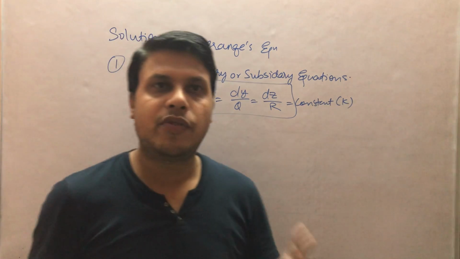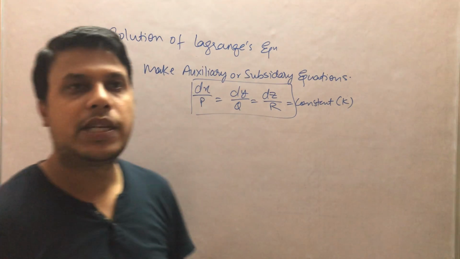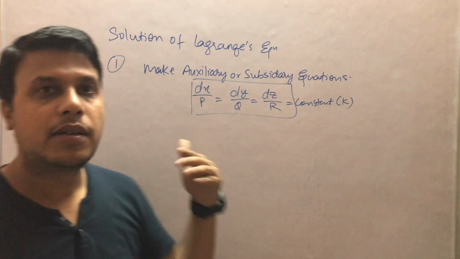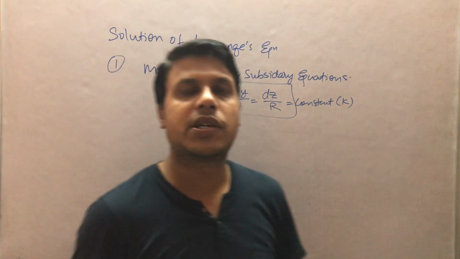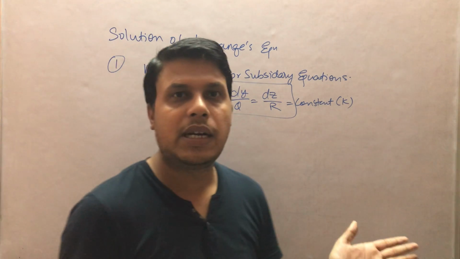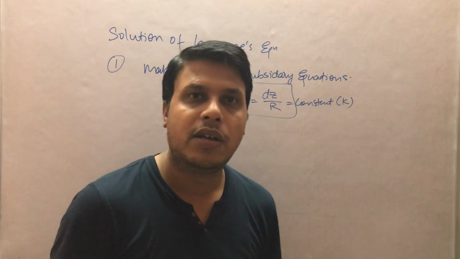So first of all, we have to form the auxiliary equation, which is in the form of dx upon P equals dy upon Q equals dz upon R, where P is capital P, Q is capital Q, and R is capital R, which are the functions of x, y and z, and they are definitely going to be equal to some constant, and let this constant be k. So second,